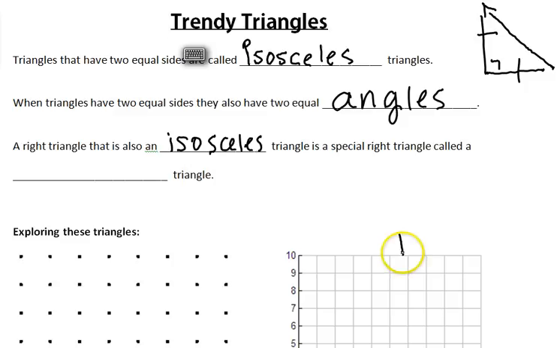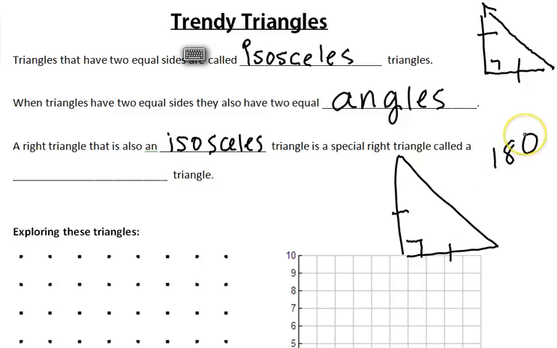I'll try and draw a better one here. Okay. These two sides are the same. We know this is a right angle. How many degrees are there in a triangle? 180. And this one is 90, so that leaves 90 left for the other two. And since it's isosceles, we know that the other two are the same, so what do they both have to be? 45. So this triangle that we're going to talk about today is called a